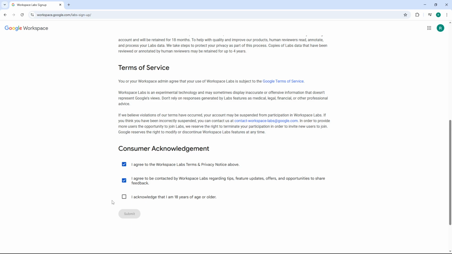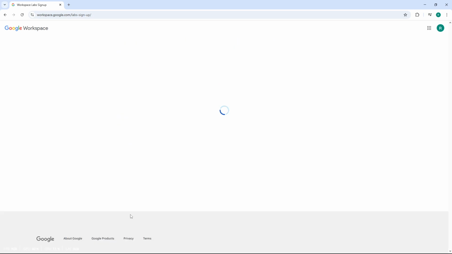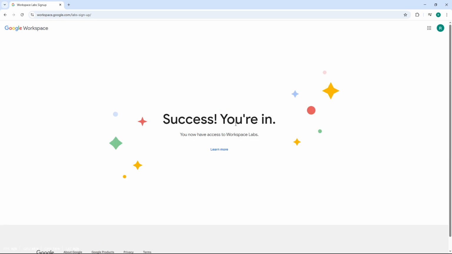For the final requirement, acknowledge that you are 18 years of age or older by clicking the appropriate box. This age verification is necessary to participate in the program. Once you've completed all these steps, click Submit. Google will process your request and you'll gain access to Workspace Labs, allowing you to explore and test new features